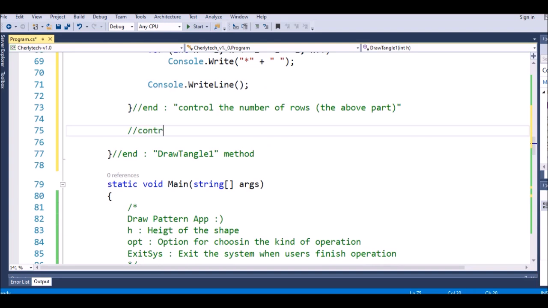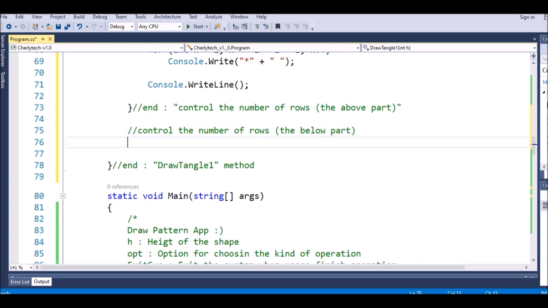Control the number of rows, the below part like this,